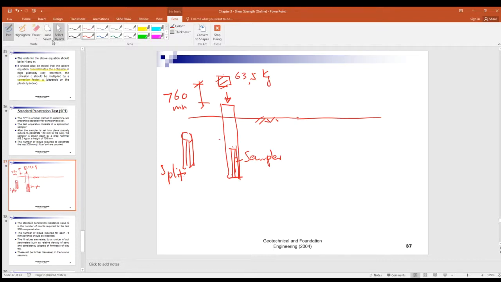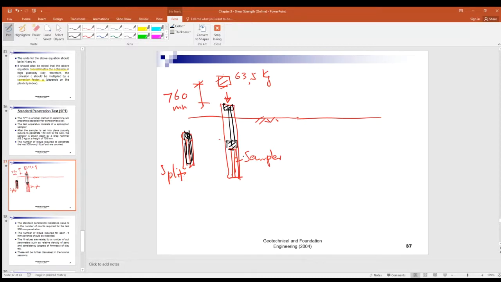And the soil particles and the soil sample will be collected, right? So when you drive this sampler, when you hit the sampler tube with this 63.5 kg hammer, dropping at the height of 760 mm,